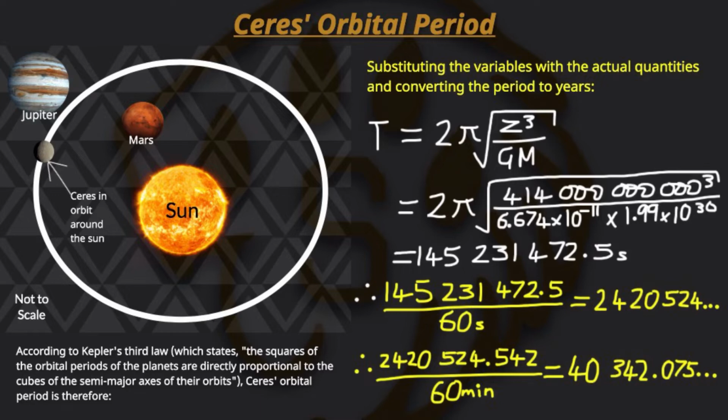But remember, we want it to be in years so that it's easier to relate. These figures are too large, so I'm going to do the conversion step by step. So therefore, 145,231,472.5 seconds into minutes, we'll have to divide that figure by 60 seconds, and that will give us around 2,420,524.542 minutes. And then we divide those minutes by 60, because we have 60 minutes in an hour, we have 60 seconds in a minute. That's the idea behind it. So we then get around